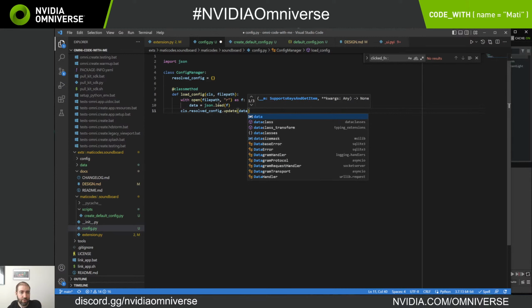I'm going to resolve these dictionaries, and it's going to be in strength order. So the default config is going to be loaded first, and it's going to update with its data. But then when I load the user config, anything that they've added to theirs will then be